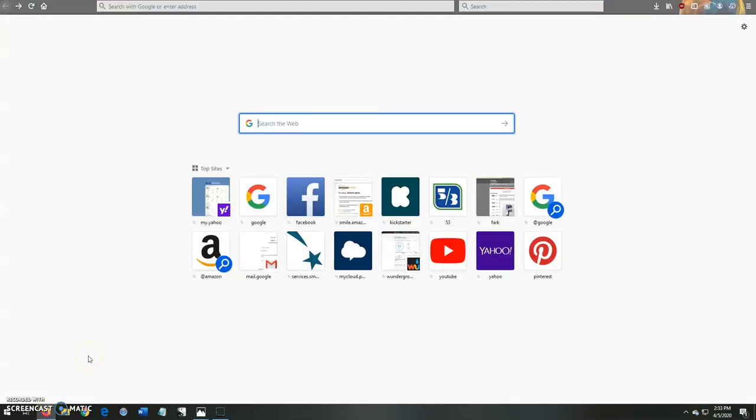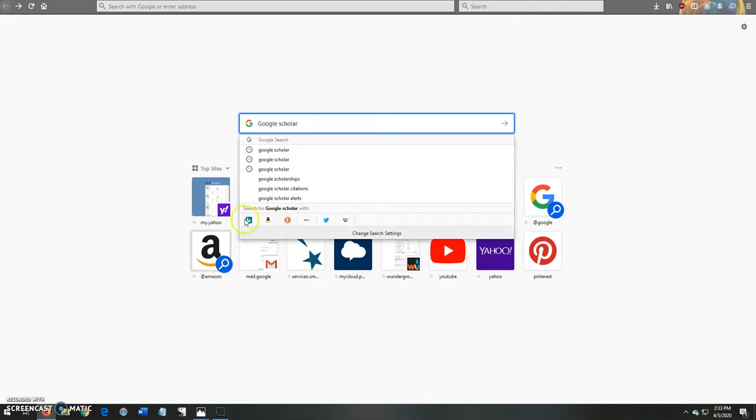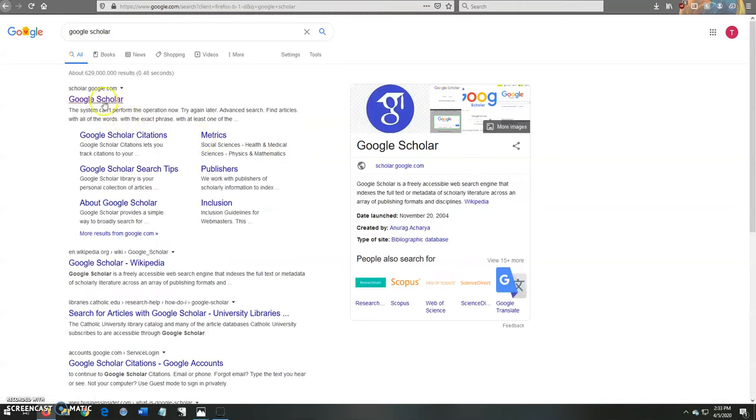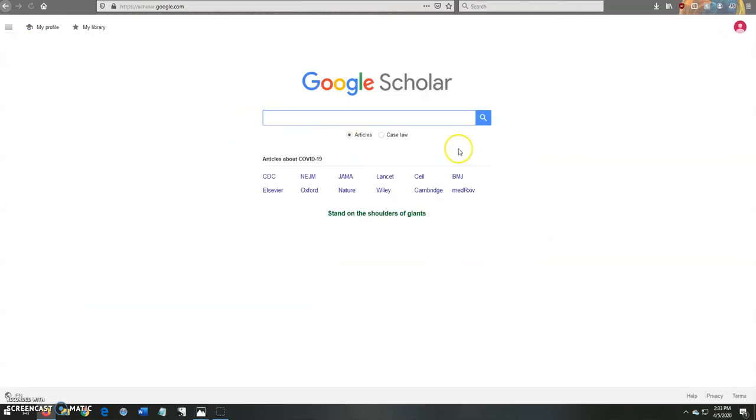There are sites on the internet that offer access to scholarly sources that have been published in peer-reviewed journals, like Google Scholar. Your college library website might also grant you access to online databases. You can then find articles